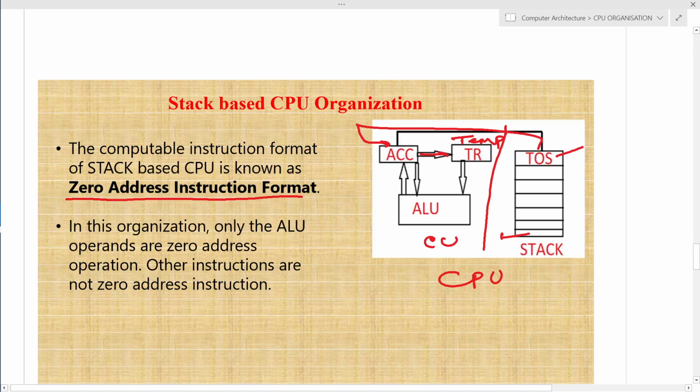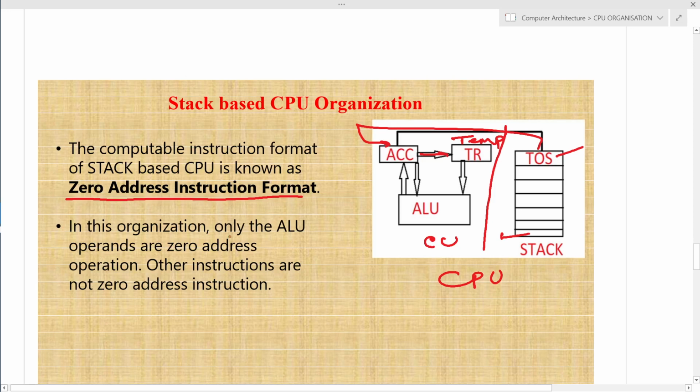That means when we are making an operation on the stack, no address of the operand is required in a stack based CPU, because all the data or operands must be available in the stack, and we can access them with the help of the push and pop operations.